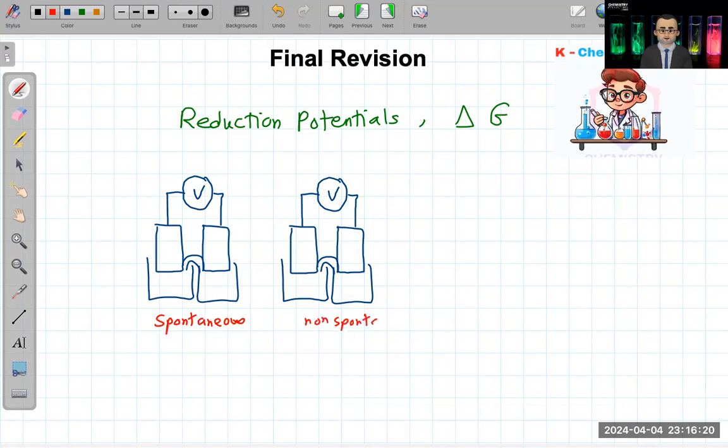Usually, when the reaction is spontaneous, this means that I have an E node value that will be a positive number. And if I have a non-spontaneous reaction, the E node will be a negative value. So these two ideas have to go together. What does it mean? If you put two metals, for example, you put copper and you put a more reactive one like zinc with it, and this one starts oxidizing, so it loses electrons, electrons move like that, and current will move like that.